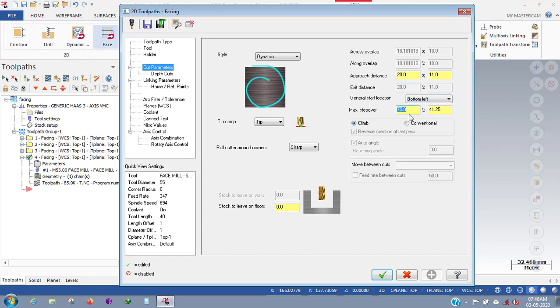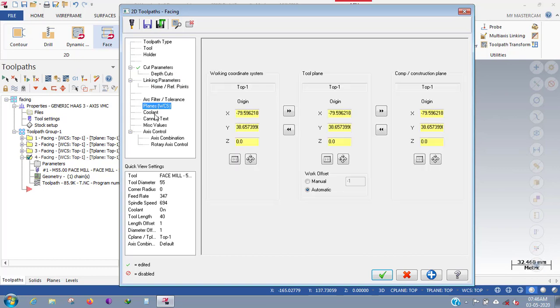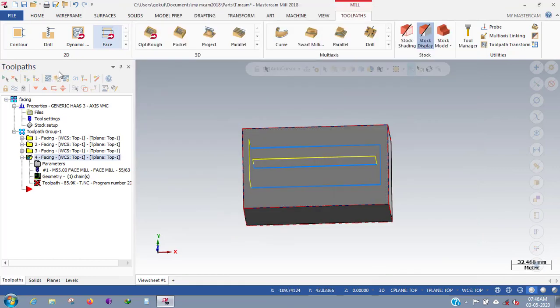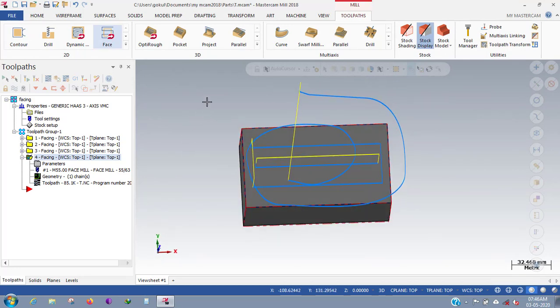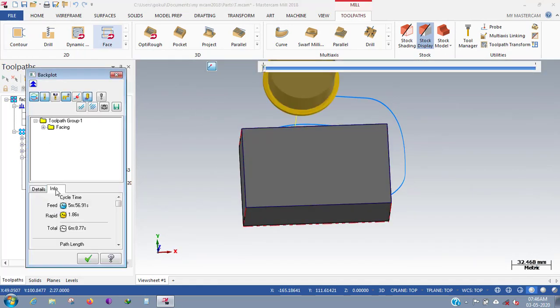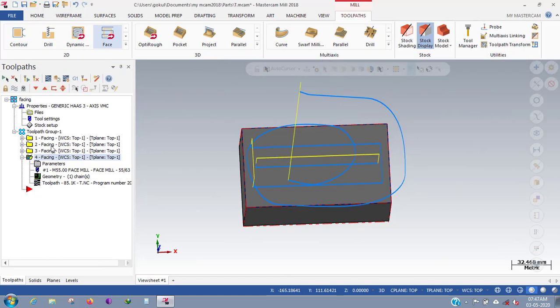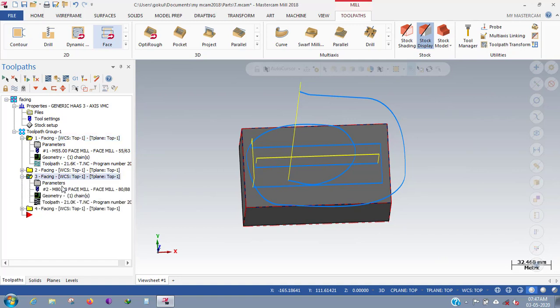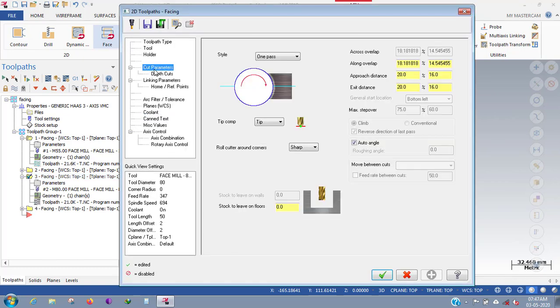Okay, by using this, we can control the approach distances, we can go with 80% of it, top side. All other things remain the same, so I'm trying to reduce the cycle time. I think it's not possible, same cycle time. So based on this, I recommend you can use the first option, zigzag option, or you can go with the third option. It is a one pass mill. It is a one pass tool.